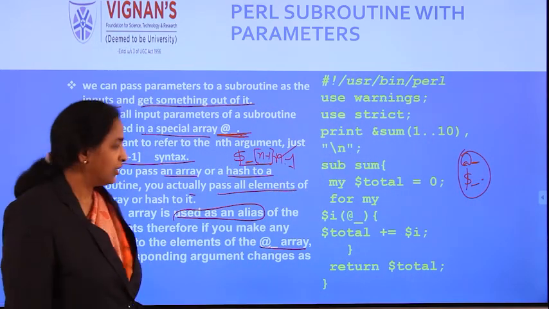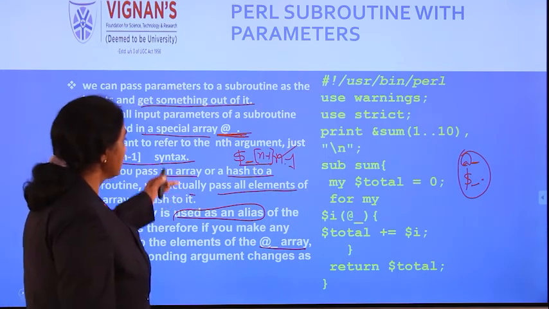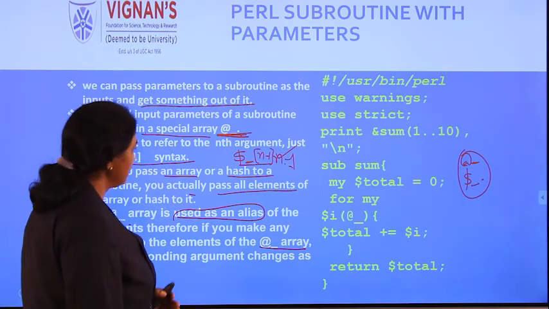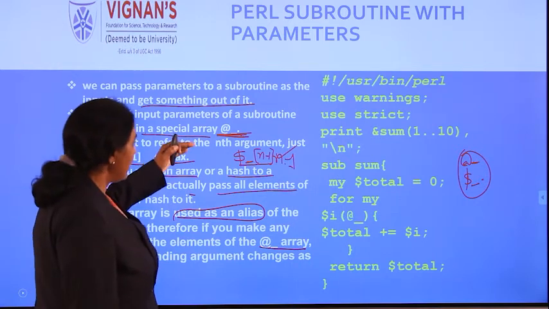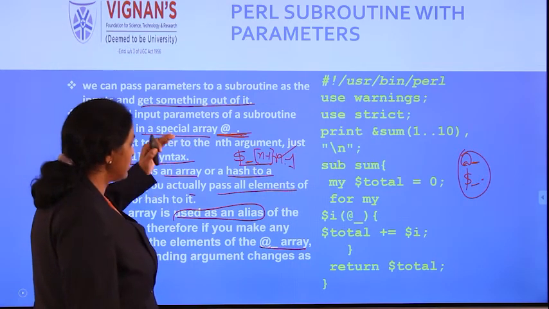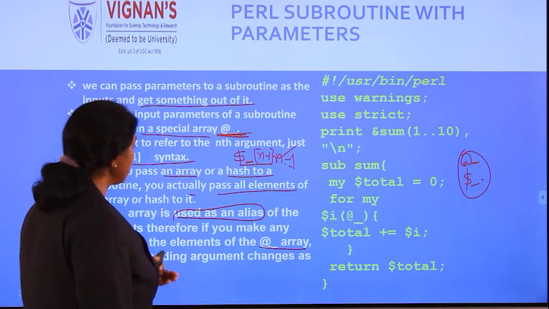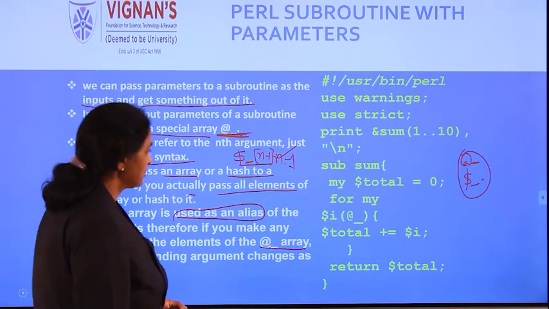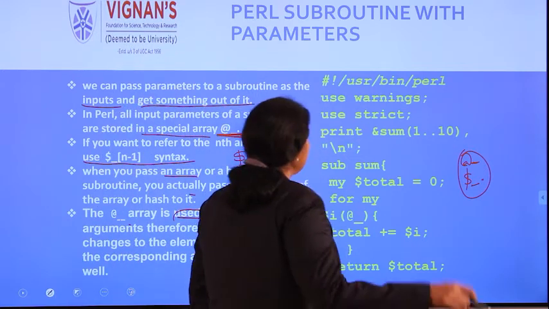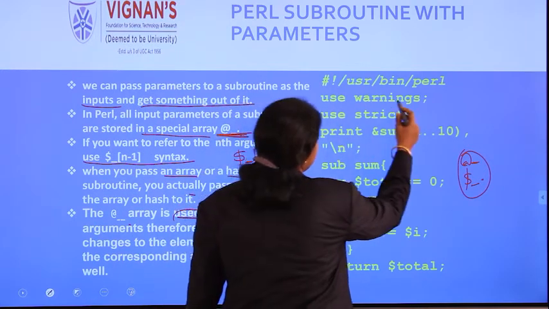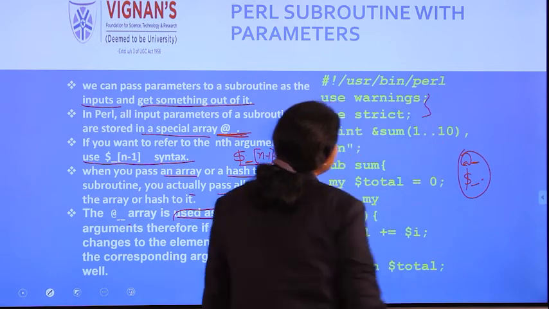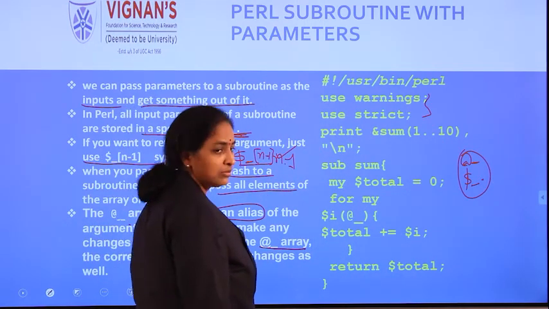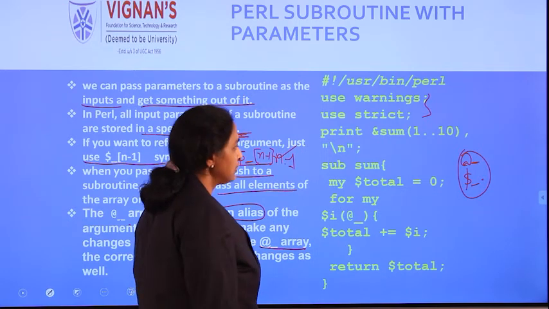Now we will see how to use the iterate array in passing the arguments. How it will be useful, as we are saying that arguments can be passed with the array symbol, iterate underscore symbol, instead of passing the arguments into your function. Now we will see. In this program, as you already know, these two are common, warnings and strict. Those two are the common statements we will write in all the functions.